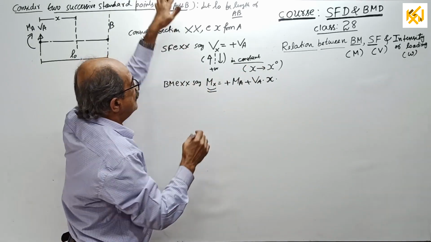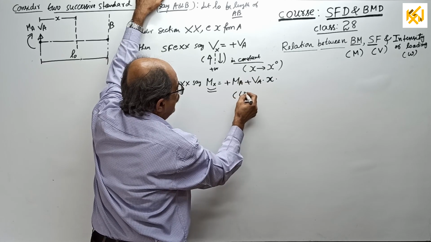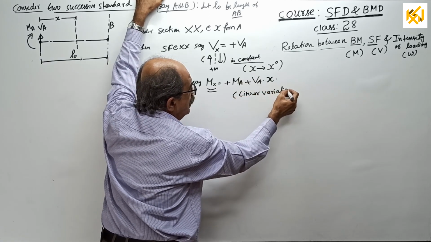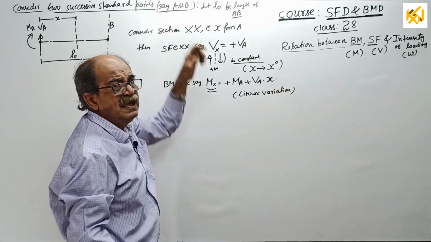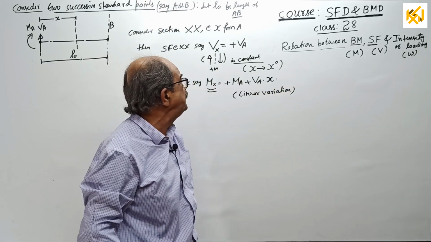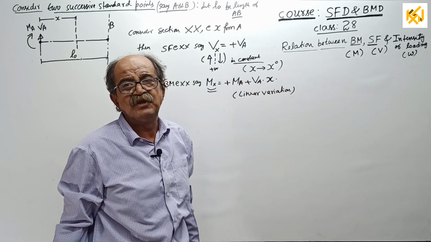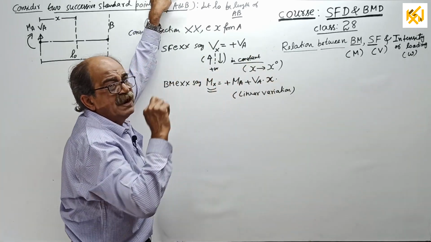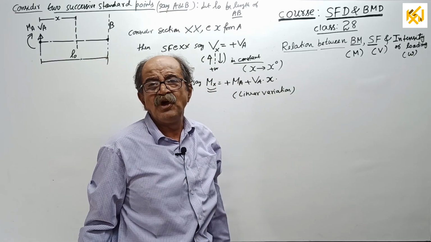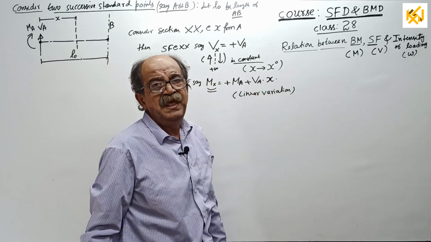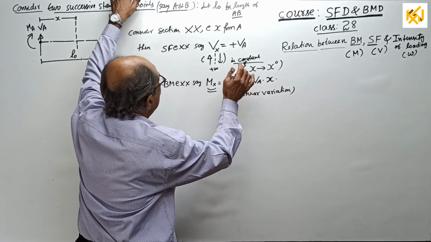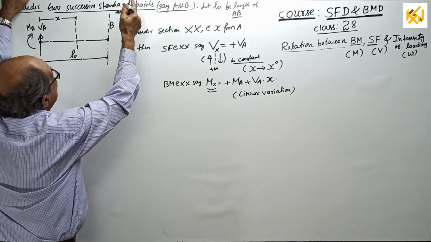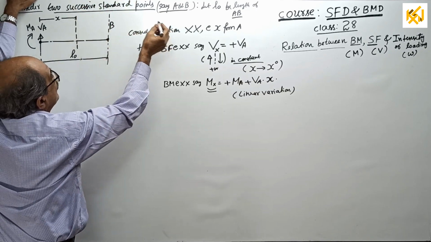Now see here. That means it is a linear variation. For an engineer, one who has passed BE or is studying BE or finished MTech or PhD, that much basic knowledge should be there. Why linear? Because the power of X is 1. Highest power you have to see. The highest power of X is 1 means linear. Therefore, this is the case I will write. I forgot to write the case here.